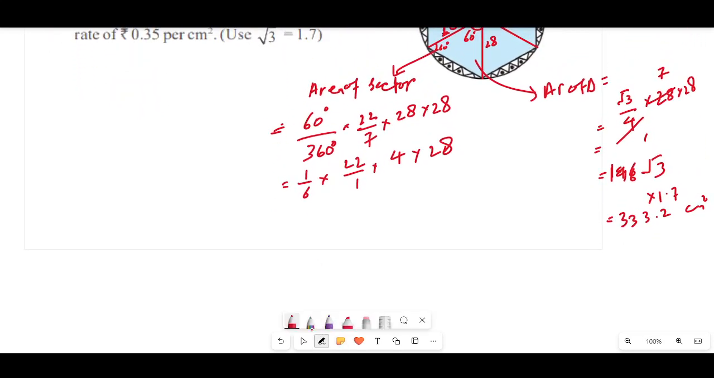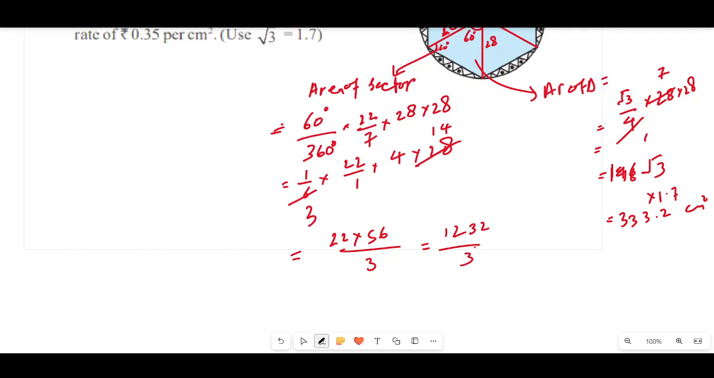Now this will be 2 3 ja 6 and 2 1 ja 2, 2 4 ja 8. So now 14 4 ja 56. So 22 by into 56 by 3. This will be 1232 by 3. Now